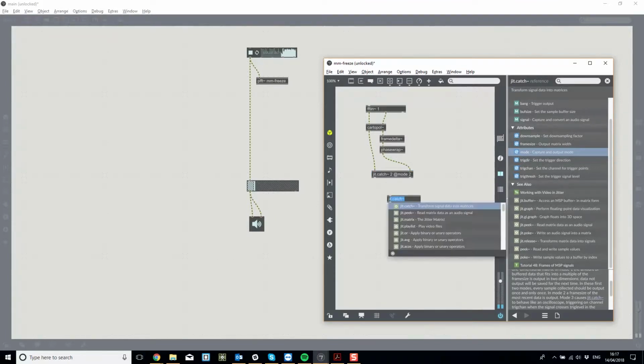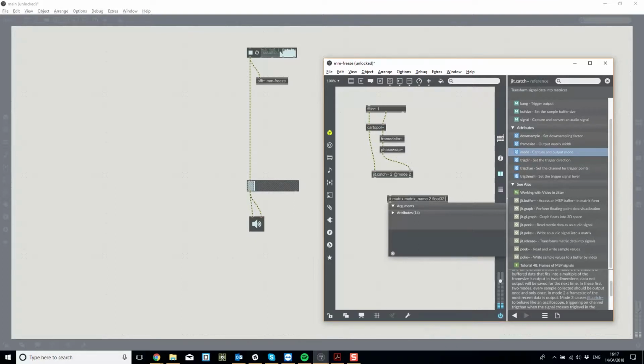And then this catch is going to go into a matrix. I'm going to give the matrix an arbitrary name here because it's something we're actually going to need to set later to be able to do the stacking part. So I'm going to give it a random name. I'm then going to give it 2 planes, tell it to expect float numbers,